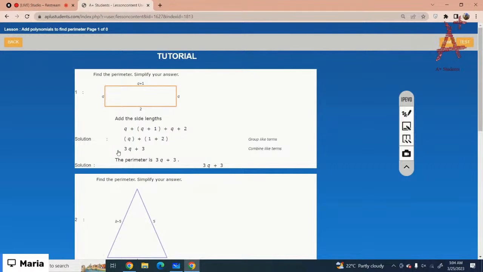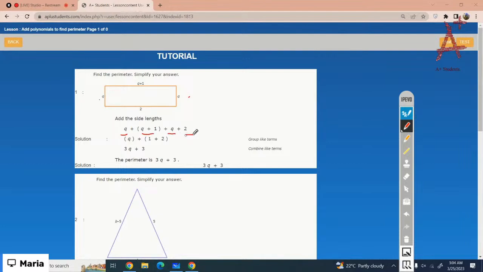Find the parameter, simplify your answer. Basically, the parameter is you have to add all the side lengths. Got it? So the side lengths are q plus q plus q plus 1 and plus 2. Just add up all four sides, q plus 1 plus q plus 2. Just add them like you do. So just collect the like terms. So it would be